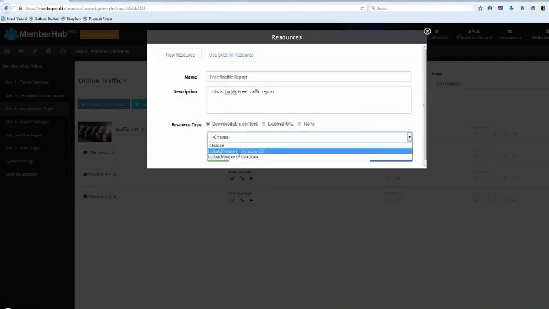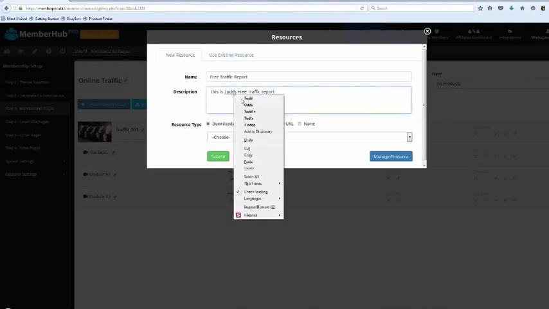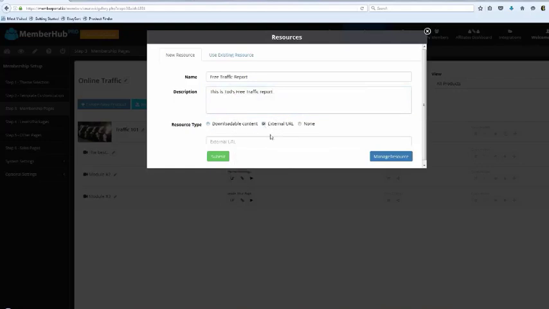We can store it in Amazon S3 or Dropbox, and then they're going to click it. They're going to be able to download it instantly. Okay? Or we can come over here and do an external URL. So I can just say toddgross.com/free report. Okay, that's fine too. All right, that's what I'll do.